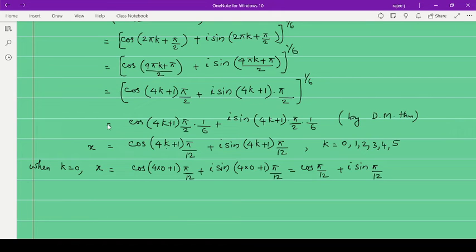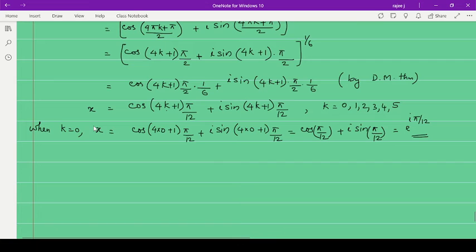Now using our Euler's exponential form, cos theta plus i sin theta is e raised to i theta, so we can write this as e raised to i pi by 12. This is optional, not necessary to write this one. If you need, then only write. So similarly, when k is equal to 1,